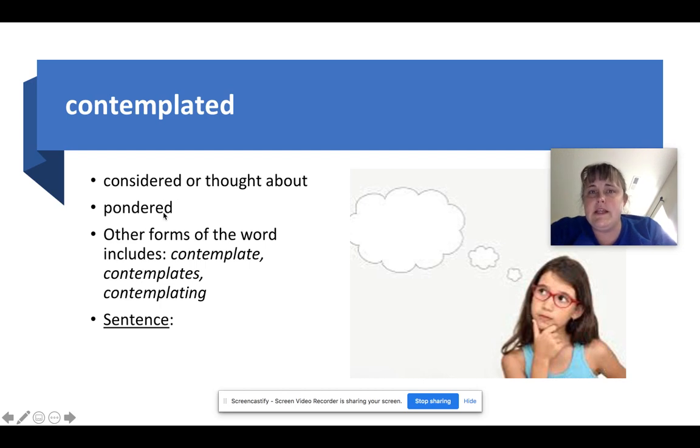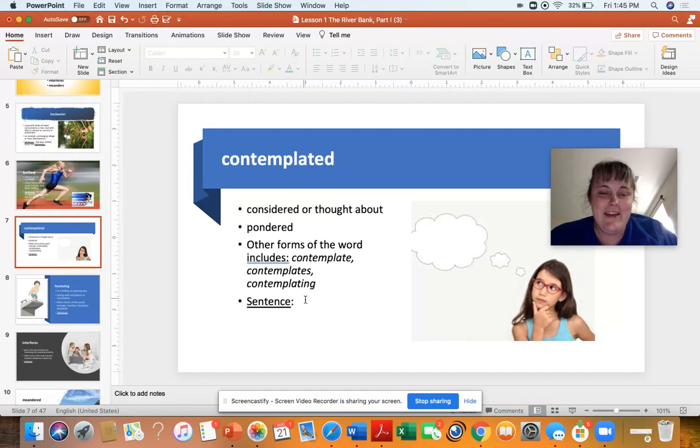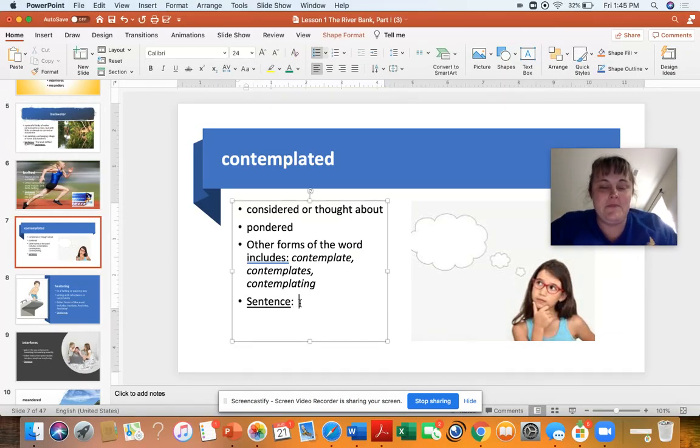I want to see your facial expression to show me if you are contemplating or if you've contemplated or she contemplates something. Like she contemplates whether or not she wants to have pizza or a burger for dinner. That's my contemplated face. All right, so I'm going to go back to my sentence here, and I'm going to write,